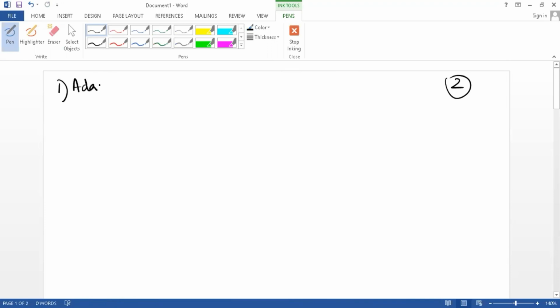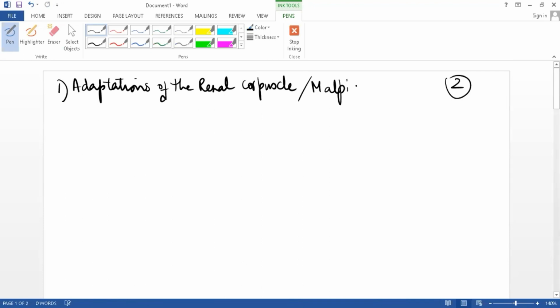Now adaptations of the Bowman capsule, or it's also called Malpighian body. So the Bowman capsule,